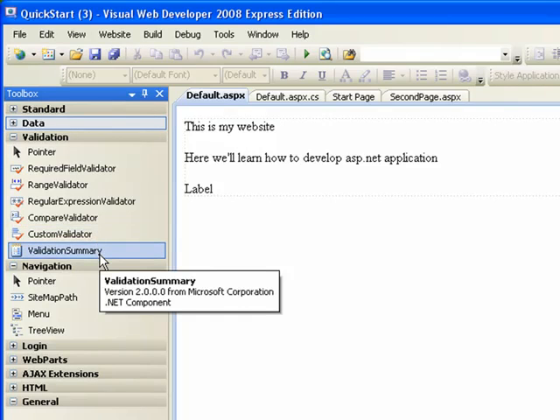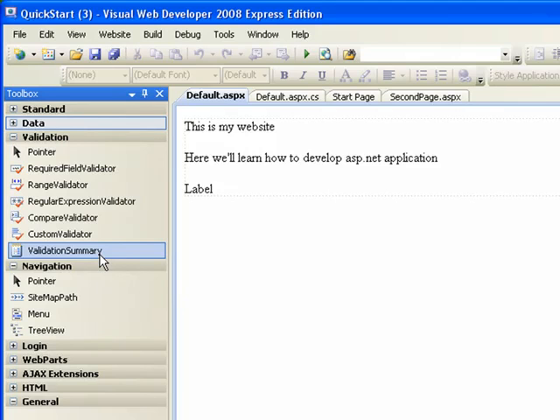And the validation summary makes sure that all the errors, when you get an error such as please enter your username, or your username has been taken, or you've entered a wrong email address, or your username is required, all those errors, instead of displaying the errors beside each control, you